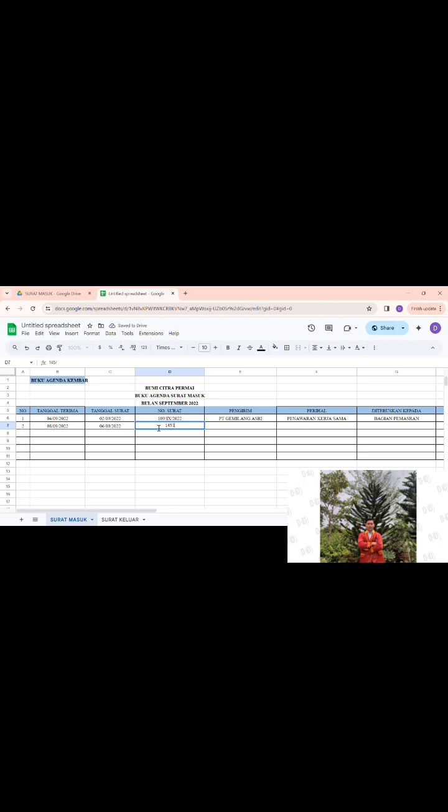100.00.02. 2. SRI Furniture. Date received, August 9, 2022. Letter date, June 9, 2022. Letter number, 045/9.02/2022. Sender, SRI Furniture. Subject, shipping notification. Forwarded to General Affairs Department. Archive code,